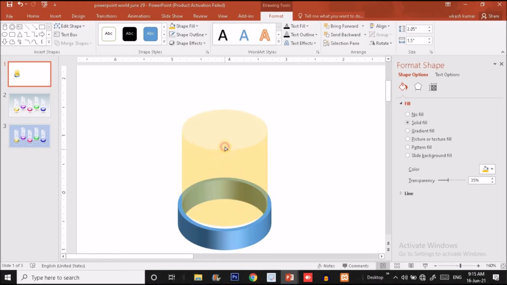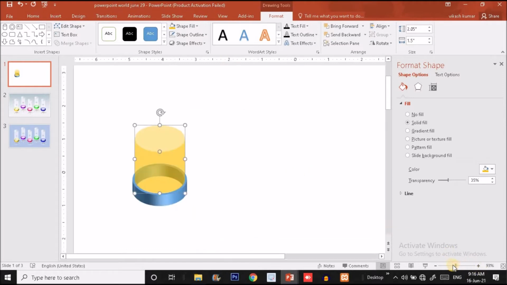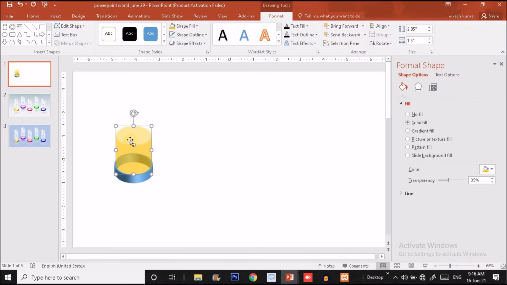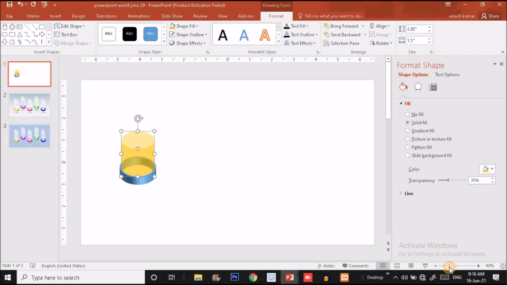You just have to drag it down and up to make the base rounded and sharper. Okay, so I'm going to do it something like this much, and put it over here. Okay, it's done, guys. So I'm going to zoom out. Now I'm going to increase it like this. Okay, guys.